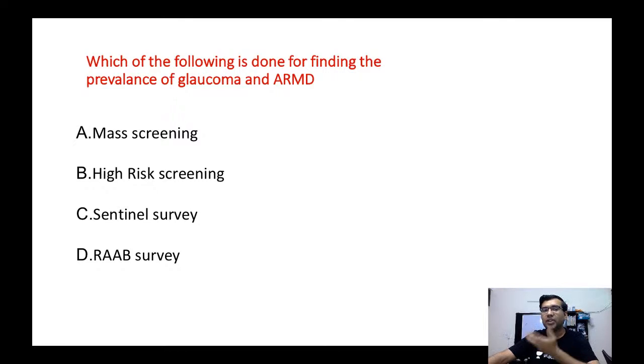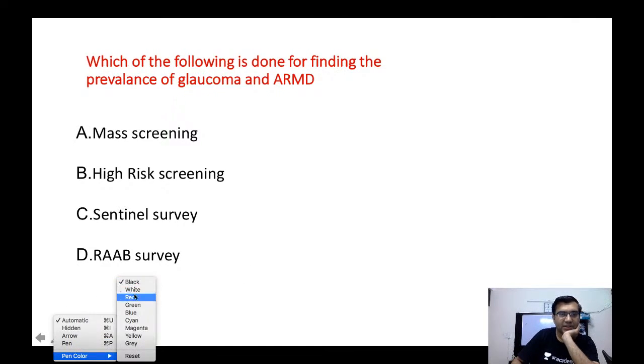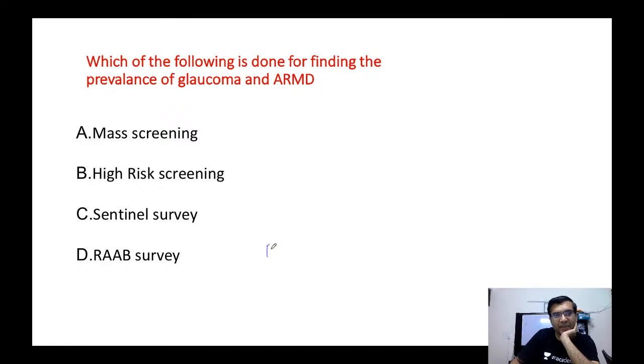So let's say you are doing a cataract surgery. After cataract surgery, what are the results? What is the gain of vision? That is basically seen with the sentinel survey. And what are the RAB surveys? The RAB surveys are called RAAB, Rapid Assessment of